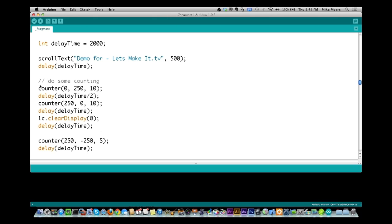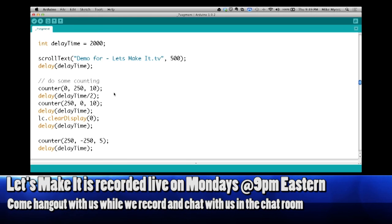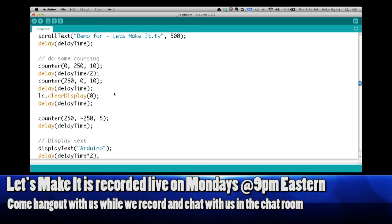Do some counting. So you're counting from 0 to 250? Yep. And then 250 back to 0. What's the 10 for? That is the wait time, or? You would ask me something I don't remember offhand. That's okay. We'll keep going. We'll get to that soon anyway. So we're doing the counter again,